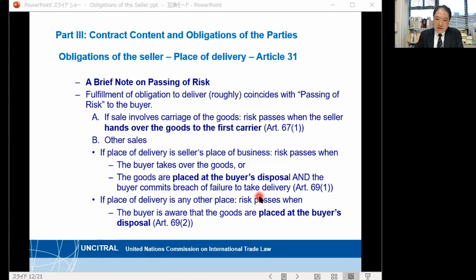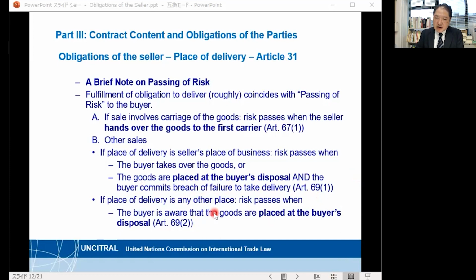And the risk will pass to the buyer when the buyer commits a failure to take delivery, provided that the goods are already placed at the buyer's disposal. That's Article 69(1), paragraph 1. And